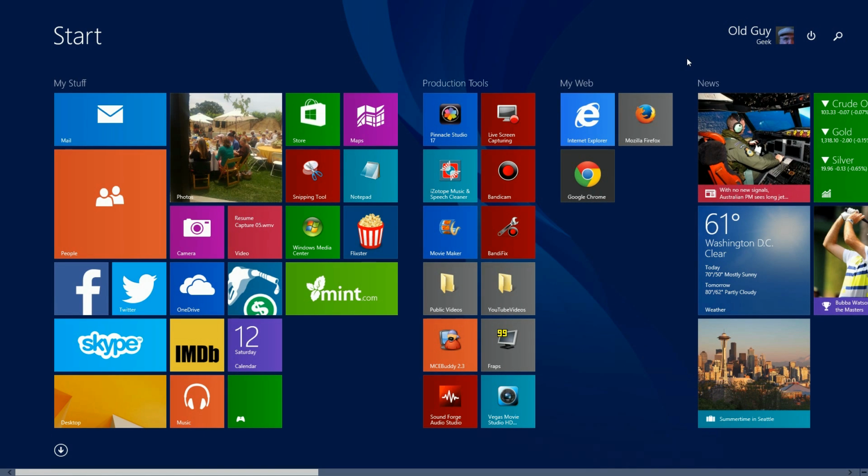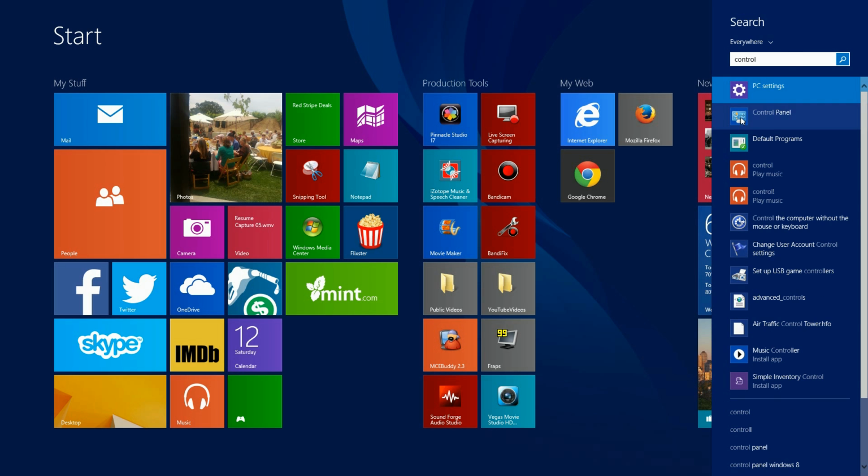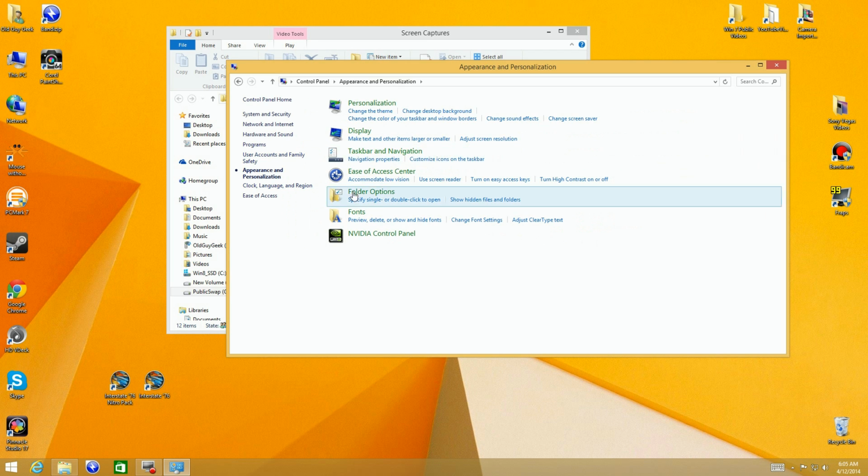Well, I don't like that. I like going to the start screen. So what I'm going to do here is change those settings, because most of the applications I use nowadays are the Windows 8 applications, not the desktop ones. But if I go to the control panel, and come over to appearance and personalization, and click on the taskbar and navigation section of the control panel,